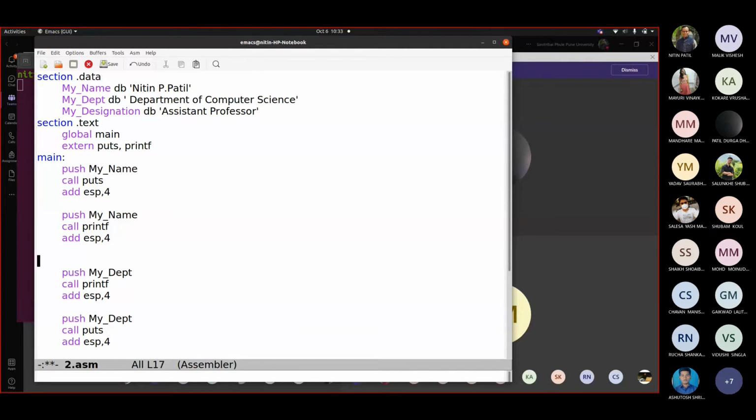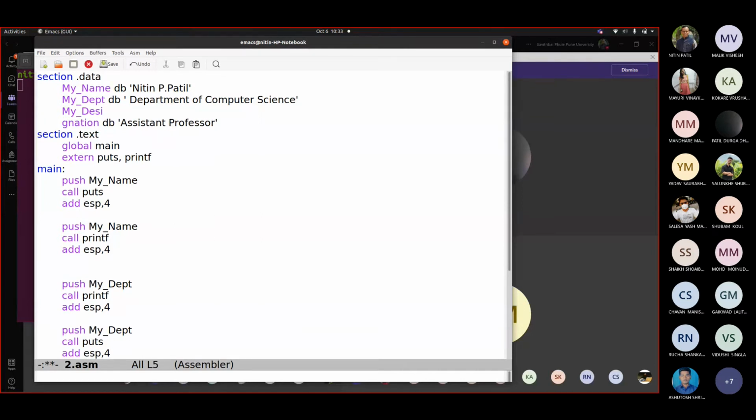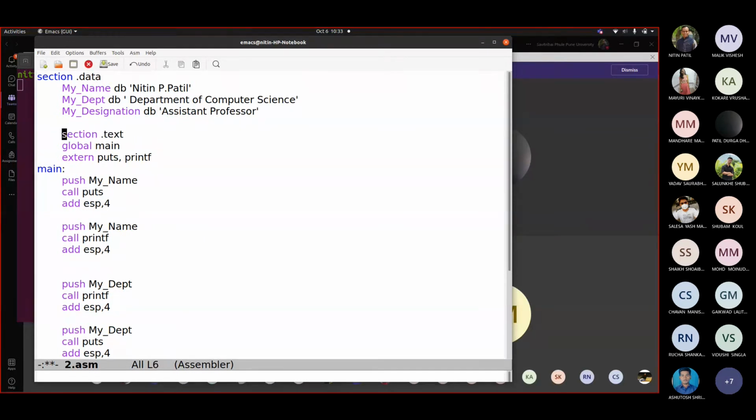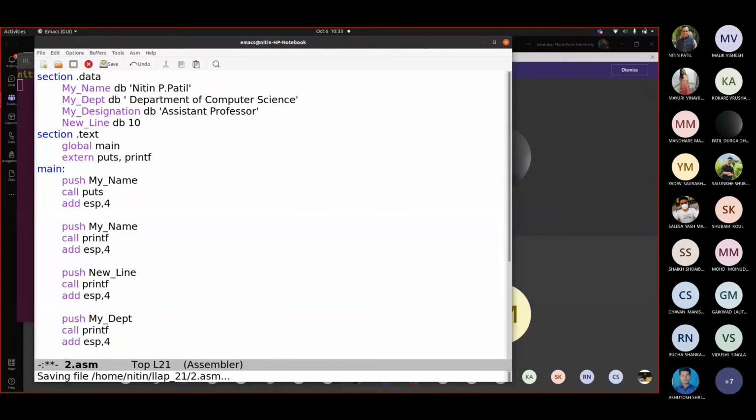So what we will do is I will add one variable here simply to add /n. Okay, now you can see what I wrote in the code here.